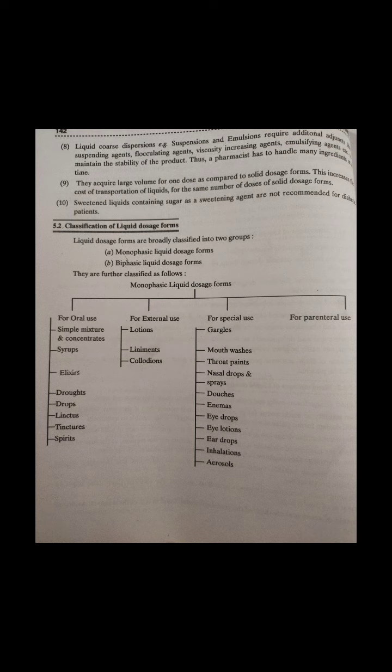So eardrops are medicated solutions to be instilled into the ear with the help of a dropper. Eardrops are used for cleaning and for treating infections. Cleaning of the ear is required because earwax is deposited in the ear. Earwax, which is a mixture of the secretions of the sebaceous and ceruminous glands, gets accumulated and blocks the canal. They are supplied in small volume bottles with either a separate dropper or a built-in dropper.